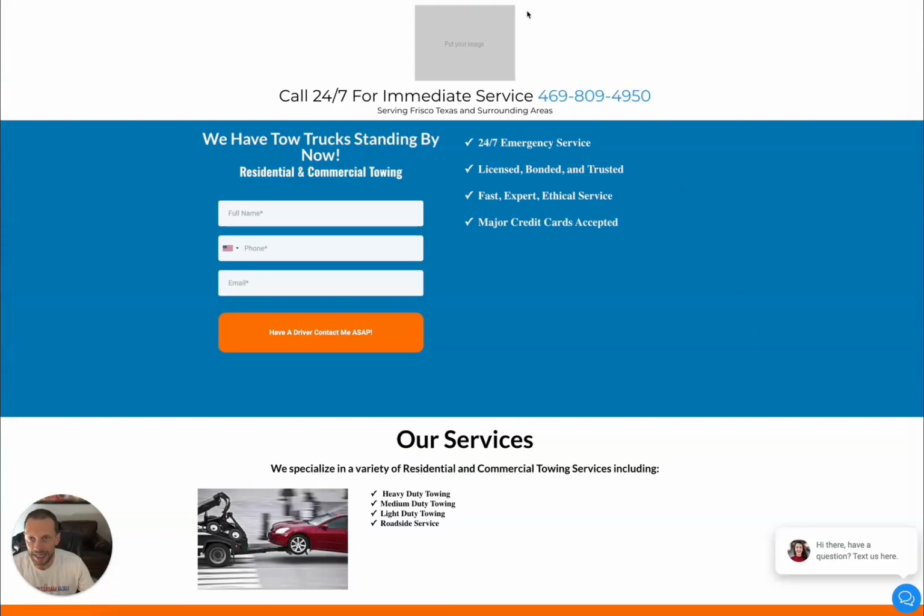Now, how do landing pages differ from websites? Websites tend to have a lot of links all over them. They have a home, about, contact, services. They have all these links and menus everywhere. A landing page is typically going to be very focused, and it's going to